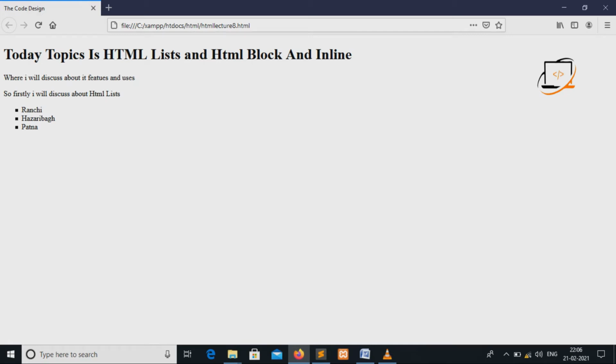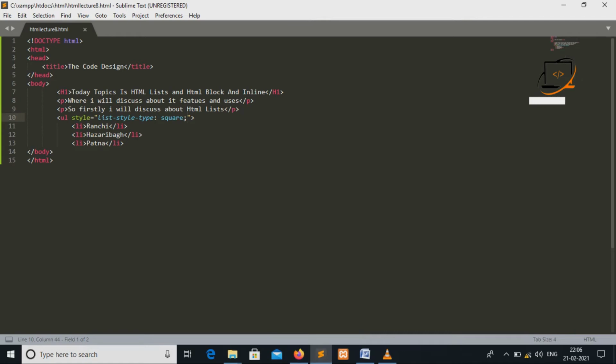If I want to use a nested list in the unordered list, then I will take the UL tag, then the li tag, and here I will take Ranchi, Lalpur, like that.